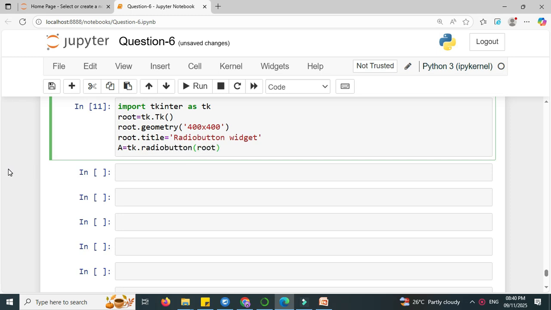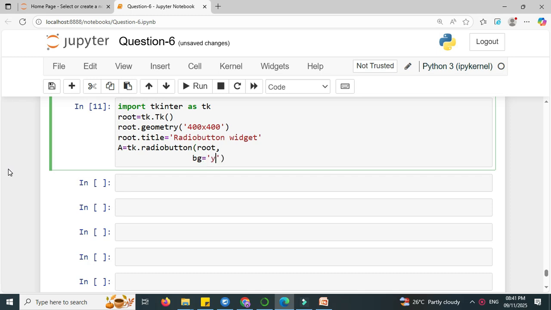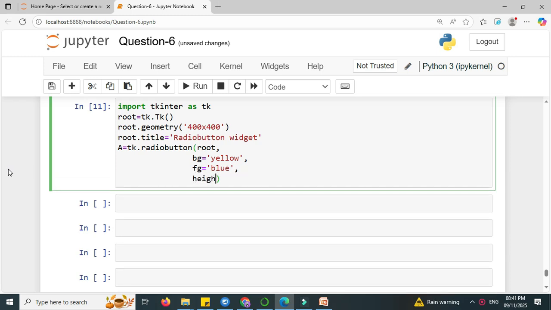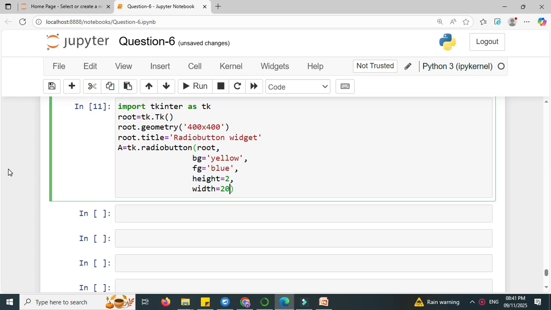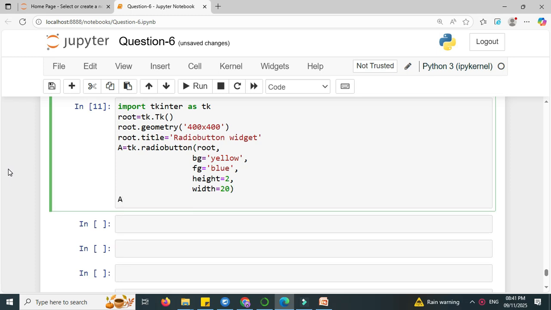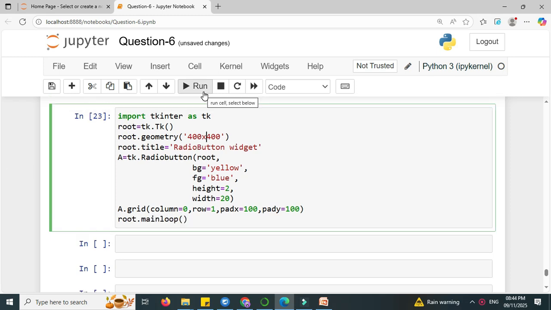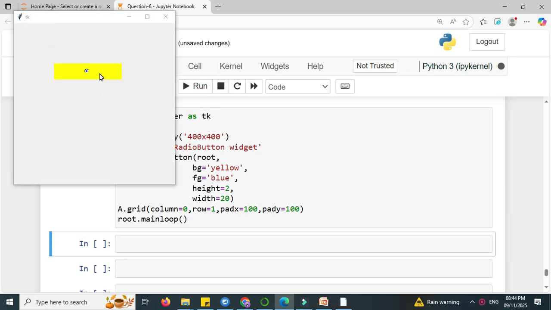For the root window, we will set the background color to yellow, foreground color as blue, height equal to 2, width equal to 20. Then we'll add the radio button to the grid with column equal to 0, row equal to 1, padx equal to 100 and pady equal to 100, and we'll add root.mainloop. And we execute it. It will add a radio button with background color as yellow, height as 2 and width